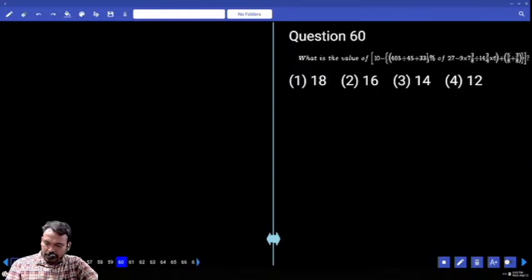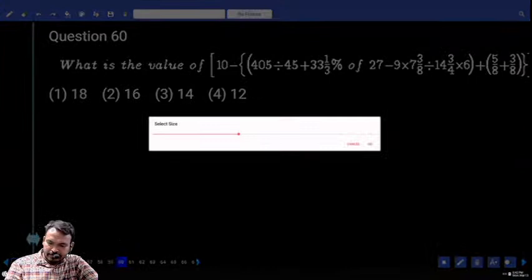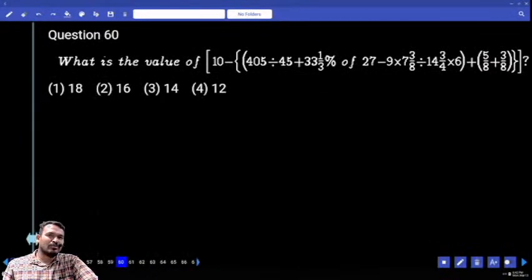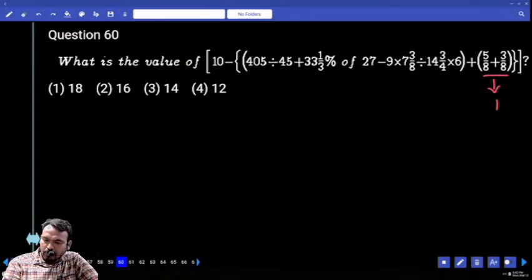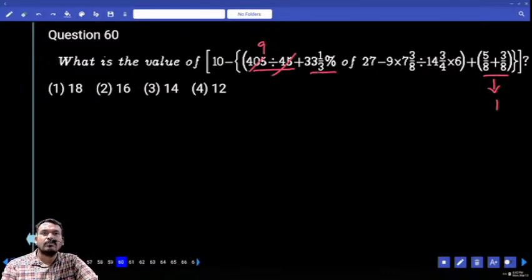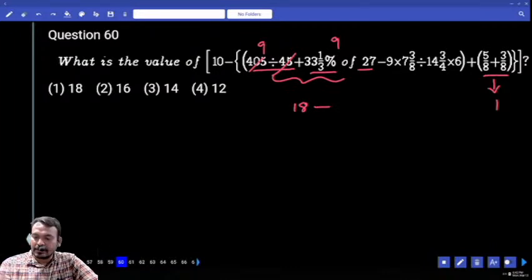Next question number 60. What are the last two values? 5 by 8 plus 3 by 8, are they not? How much? 1. Next, second one, 405 divided by which one? 45. Almost 9 times, or not. 33 1 by 3 percent means 1 by 3, or not. 1 by 3 of which one? 27 means 9, or not. 9 plus 9, 18. These two values' sum is how much? 18 minus 9 into which one? 7 3 by 8. 9 into 7 3 by 8 means